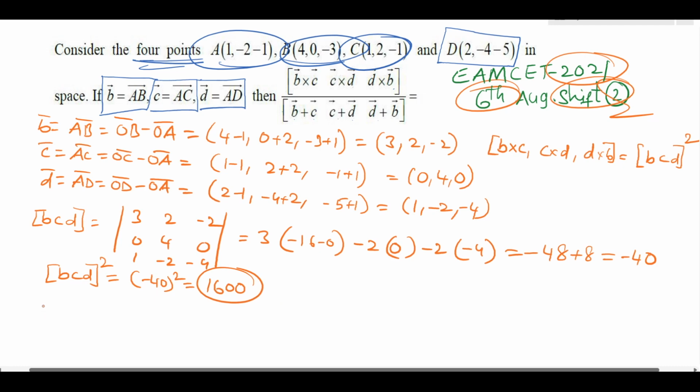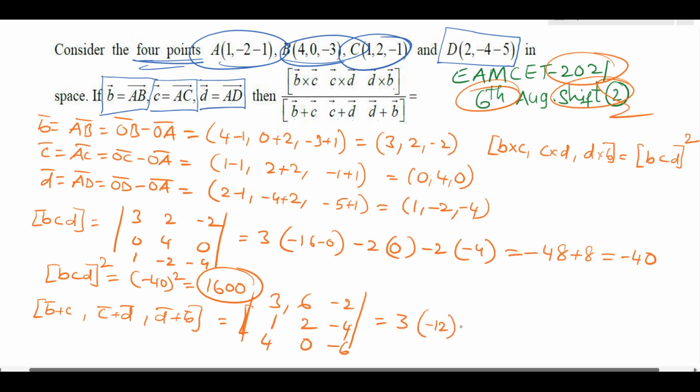So now we find box of B bar plus C bar, C bar plus D bar, D bar plus B bar, that is B bar plus C bar is, that is 3 plus 0, this is 3, 2 plus 4, 6, minus 2 plus 0, this is minus 2, and C bar plus D bar, that is 0 plus 1, 1, 4 minus 2, 2, 0 minus 4 minus 2. D bar plus B bar, that is 1 plus 3, 4, minus 2 plus 2, 0, minus 4 minus 2, this is minus 6, that is equal to 3 of